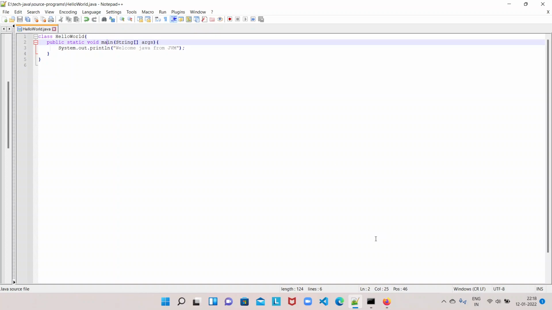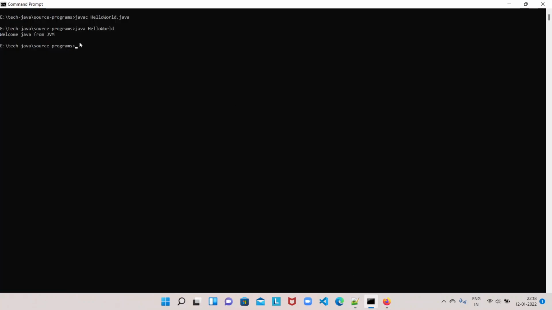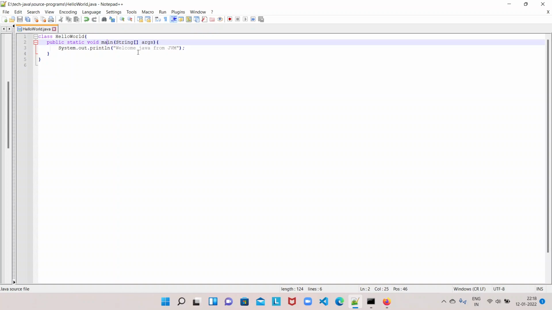Whenever we execute a bytecode by calling the java command and passing a class name to it, first JVM comes into the picture, as we know already. Then JVM tries to see whether any static blocks are there in the class which is passed to it or not.